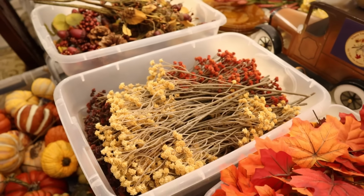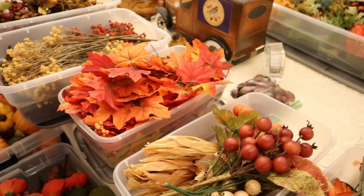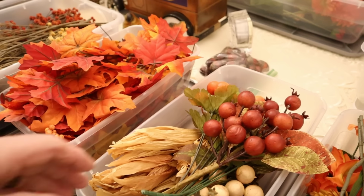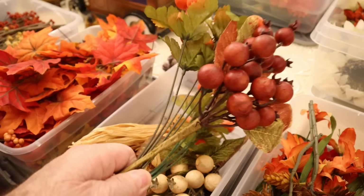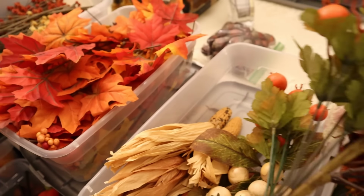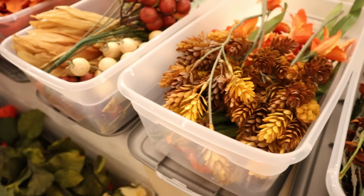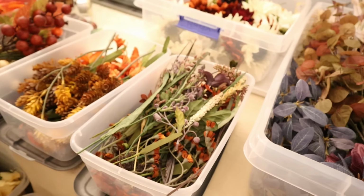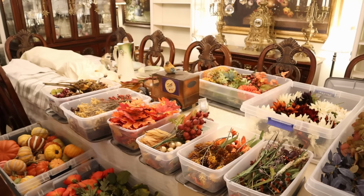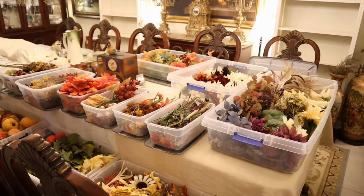Wonderful accent. Some maple leaf. Different crabapple and baby corn. We'll want some hops and different violets. And guys, hopefully that inspired you to puff up your picks and arrangements